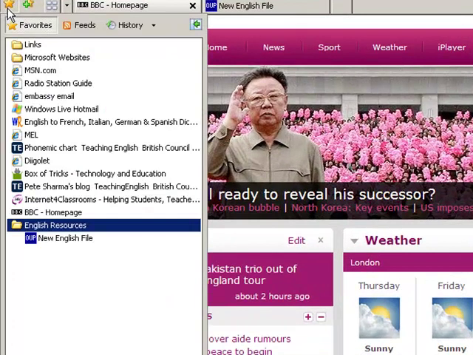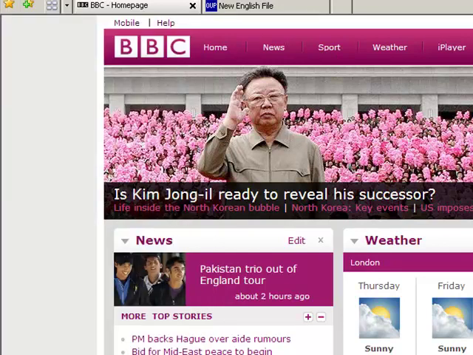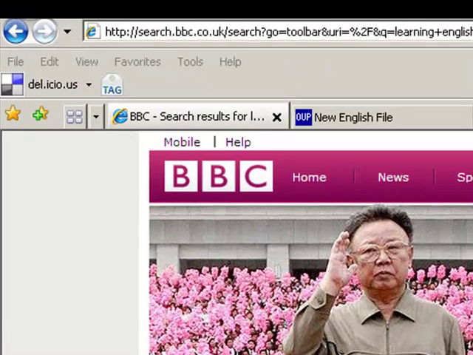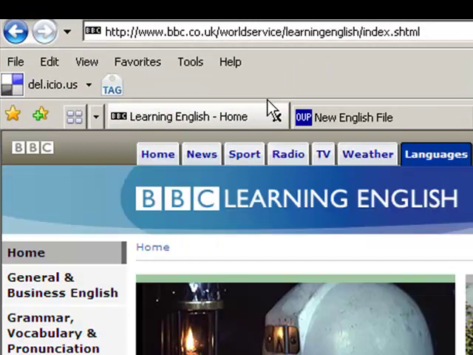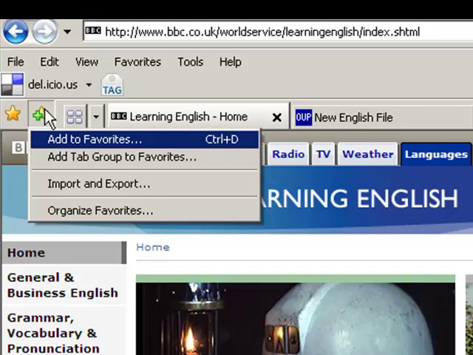So when I click on the star, you can see Joe's list here of her favourite websites, and you'll see that the BBC is already on there, the BBC homepage. So let's go to the Learning English website, which is a slightly different address, and it's frequently visited, so very useful. And when you click Add to Favourites, the star with a little green plus, you'll see you have a choice of actions. Click Add,